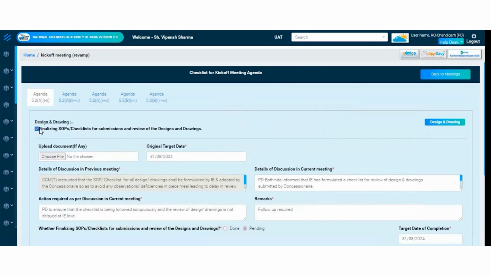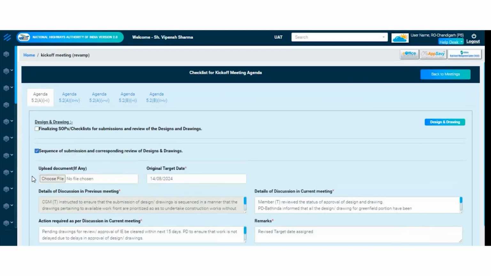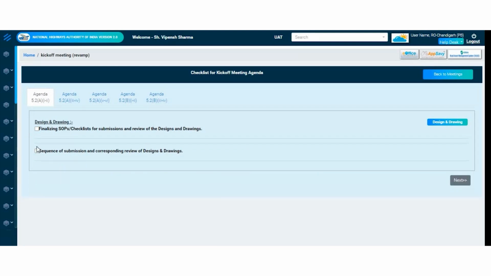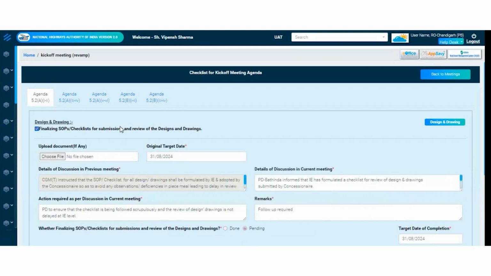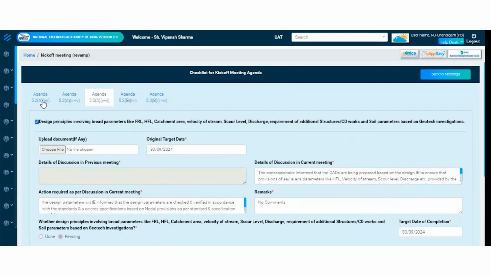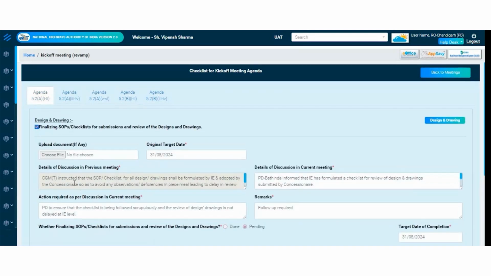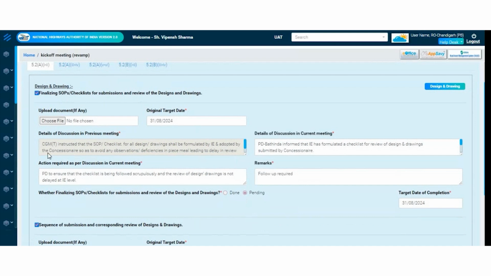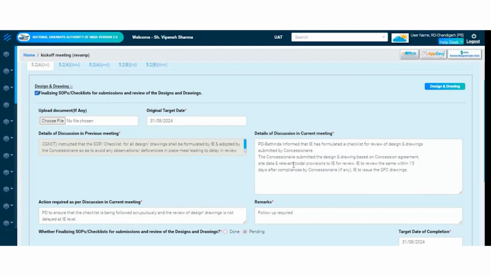Now the user will update the agenda, where the user can check the section of the respective agenda and update the discussed agendas of the meeting. By clicking on the above tabs, the user can change the agenda section. The detailed discussion in the previous meeting will be autofilled as shown on screen. The user also has a facility to enlarge the text box,